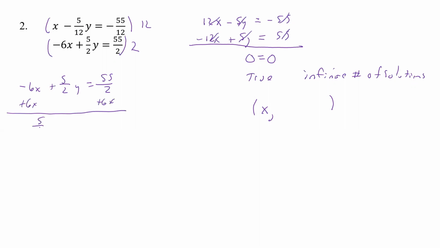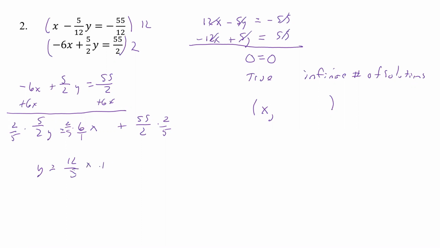So we get 5 over 2y equals 6x plus 55 over 2. So now I have to multiply everything by 2/5. So I'll multiply that by 2/5, multiply that by 2/5. All right, so then I get y equals, well, 2/5 times that, that's just going to give me 12 over 5